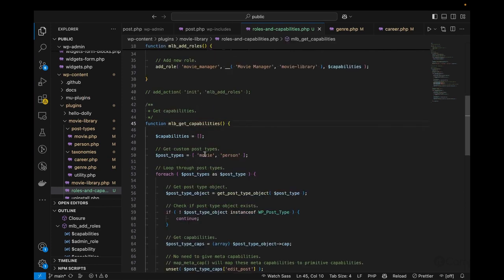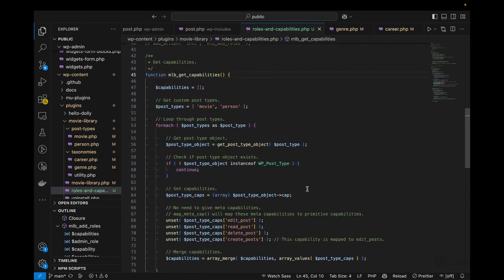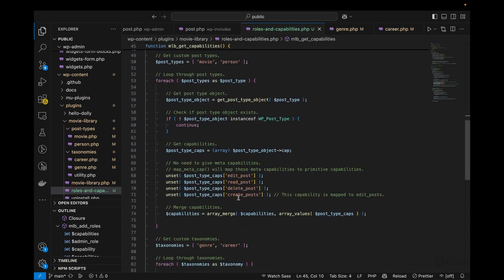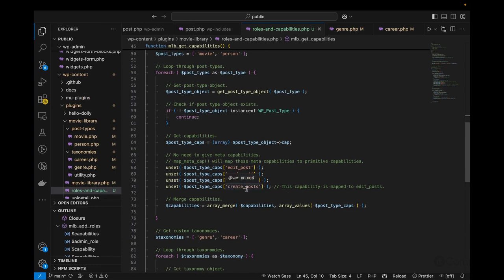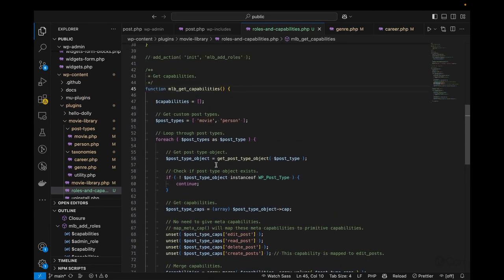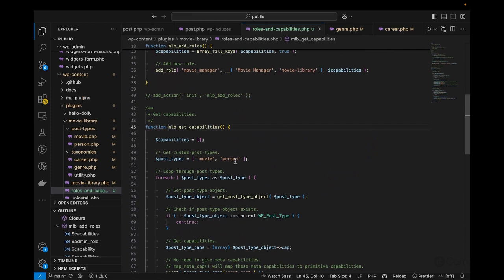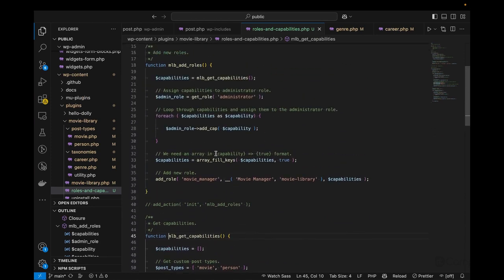It iterates through all the post type and taxonomies, retrieves their capabilities, and ensures unnecessary meta capabilities are removed. For instance, the create posts capability, which maps to edit post capability, is omitted since it's already been covered. These functions merge these capabilities for all post types and taxonomies, ensuring uniqueness. Finally, it assigns these capabilities to the selected role. This approach ensures a clear and manageable system for assigning and